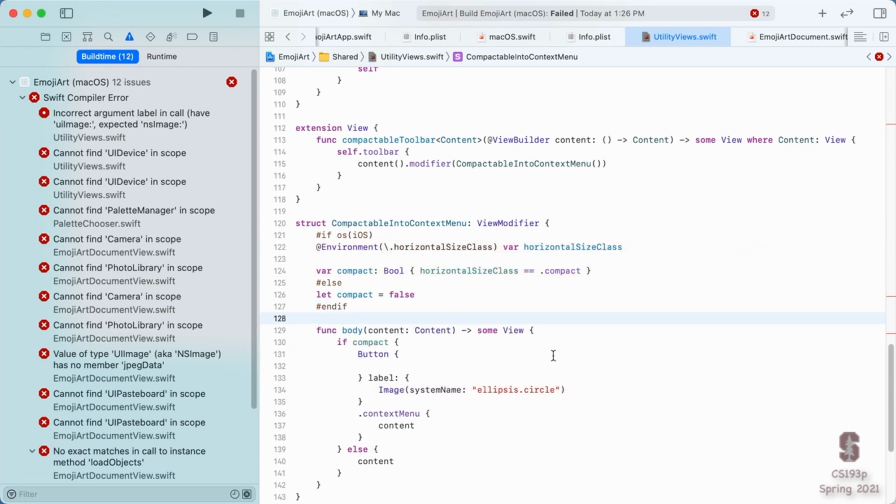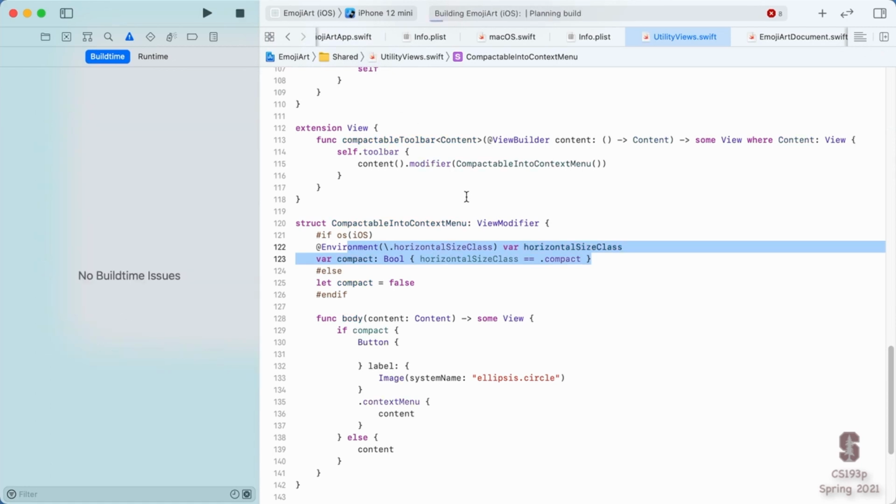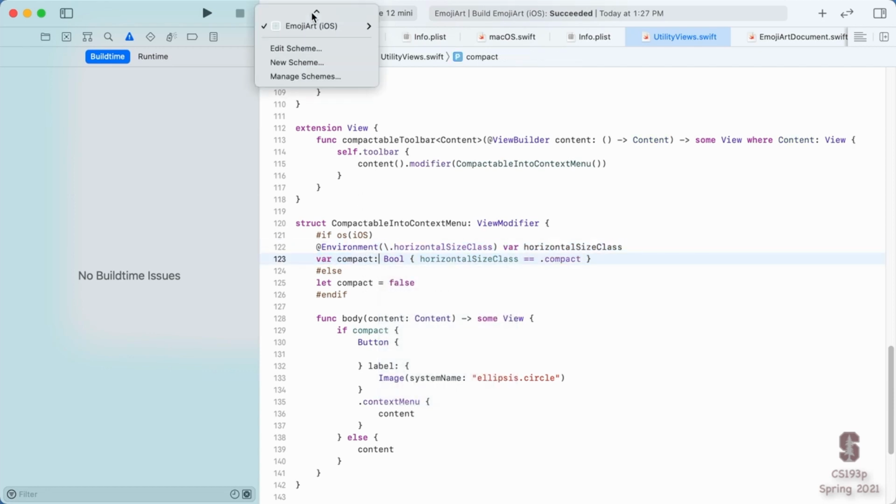Now, as soon as I do this, you notice that this stops complaining, and that's because we are currently building for the Mac, and so it's not even looking at this. If I switch back to iOS, we can make sure that it's still building over here, which it is. That's good because these lines of code still work.